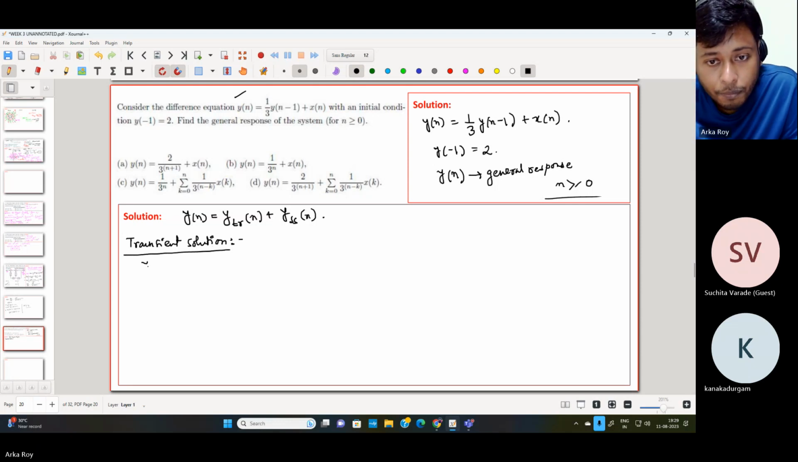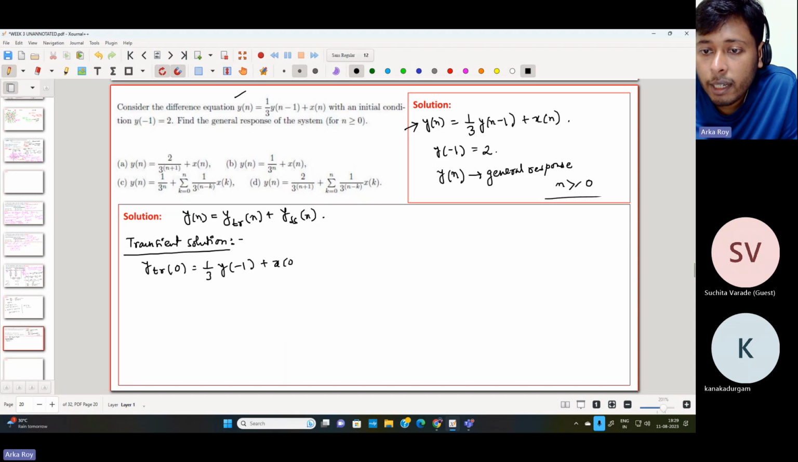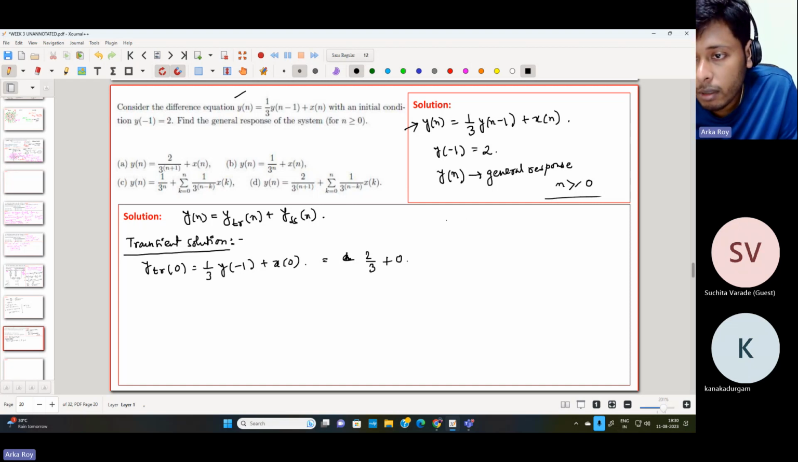So ytr 0 will be, I'm just putting the indexes over here. So ytr 0 will be 1 upon 3 y of minus 1 and x of 0. So it will be 2 by 3 plus 0. So let us consider, if there is nothing mentioned over here, so we'll consider that